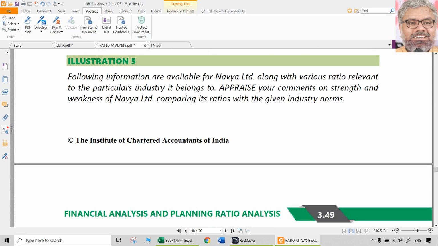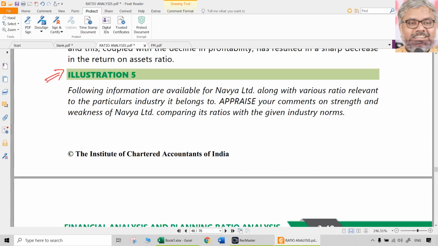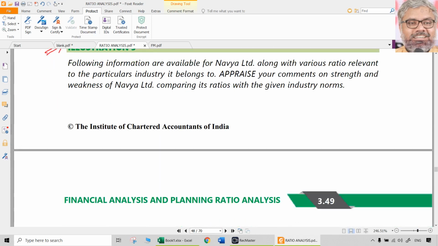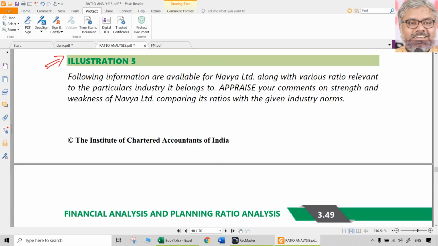That's it. That was illustration number 4. You have to do that. That is your immediate task. Before moving ahead with some other things or activities, the moment you complete listening to and learning from this class, you have to finish this illustration 4. Then let us move to illustration 5.